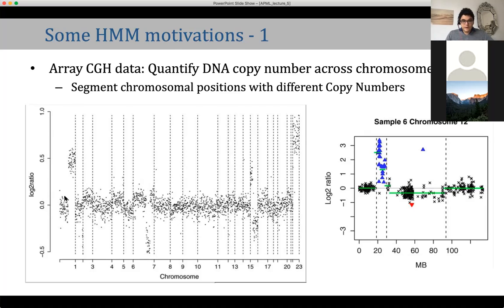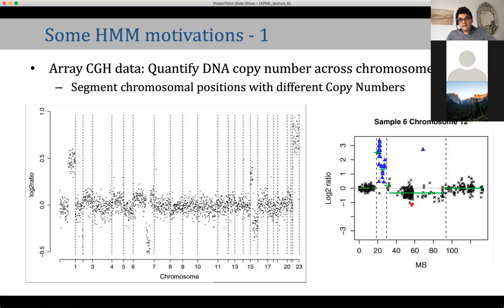You can see you have a lot of points, and the question you would like to answer is: where did the cut start in the chromosome? Can I do that automatically and say, okay, here I have a cut, and can I estimate the number of copies? So what exactly is this log2 ratio? Is it like here 2.5? You see it's a lot. It's like 4, 5 more. Is it 1.5, etc.? And so can we, from this sequence of points,